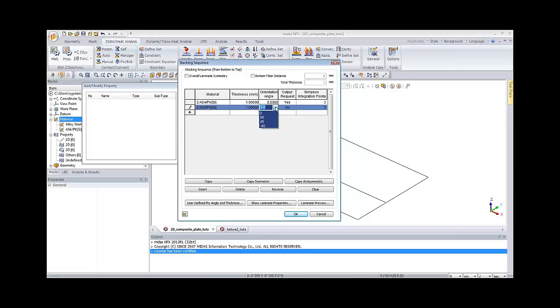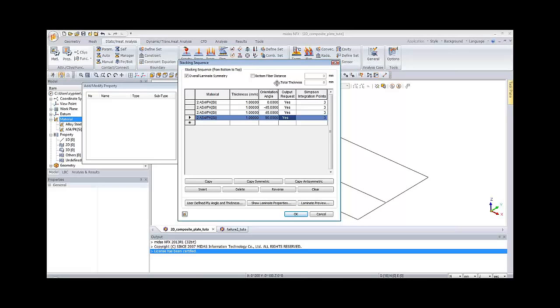The third one is 45, and the last one is 90 degrees. And you can use this overall laminate symmetry in order to make the two sides symmetric. So this is a quasi-isotropic laminate, as I learned during Mathieu's presentation.